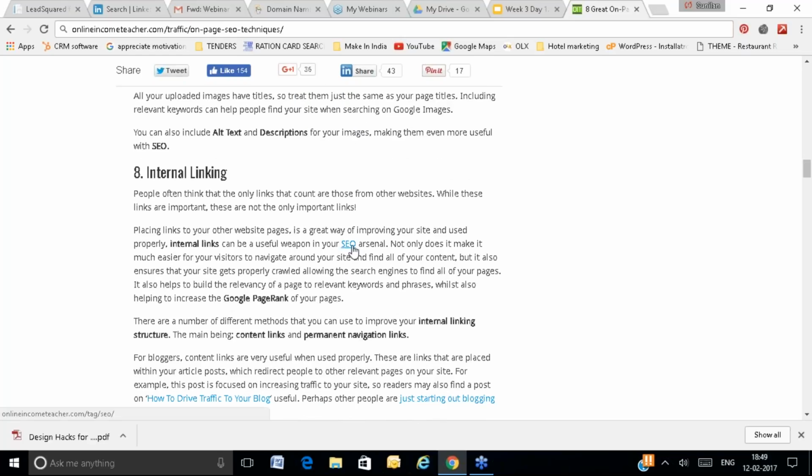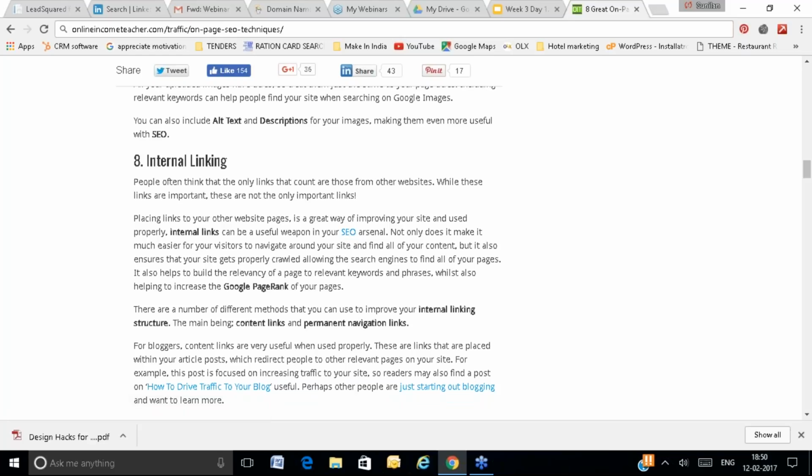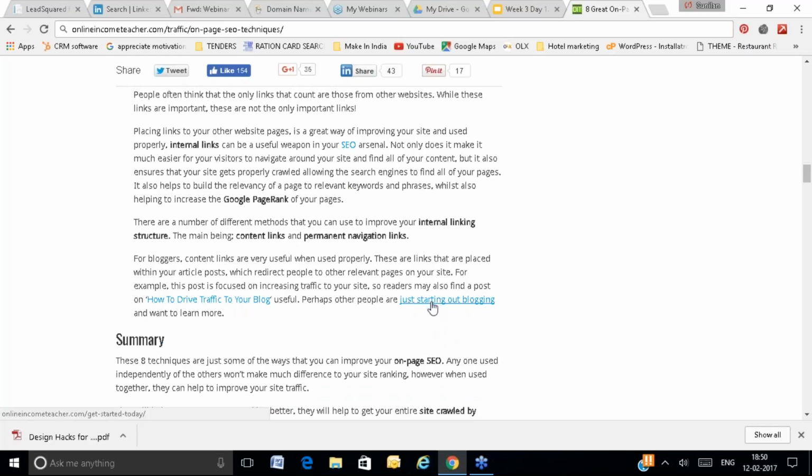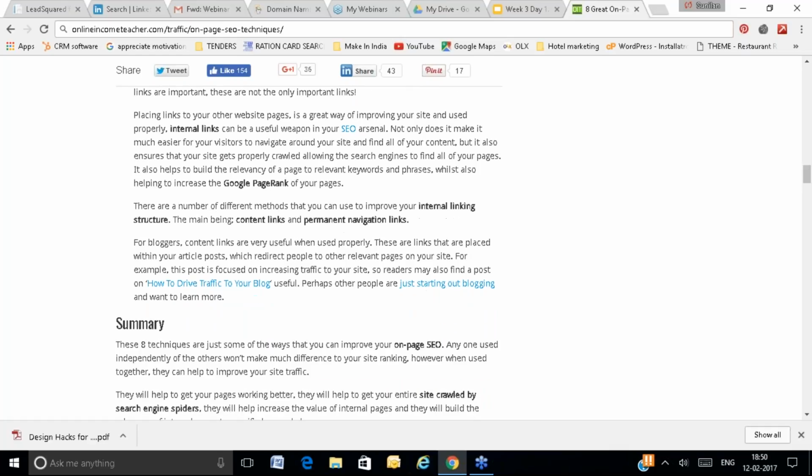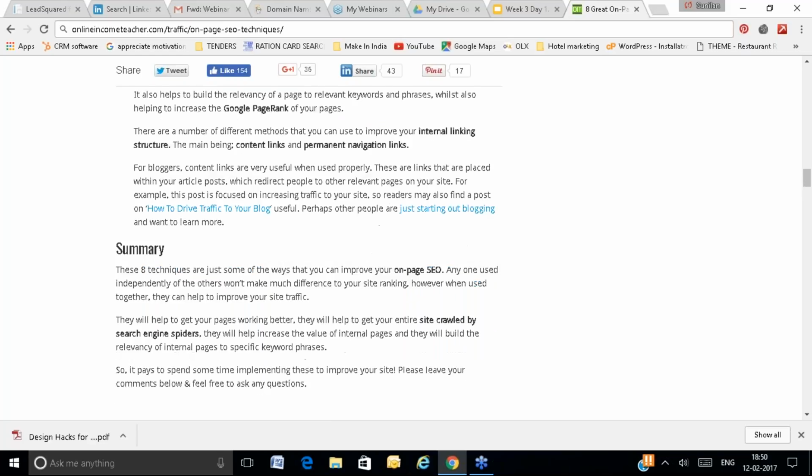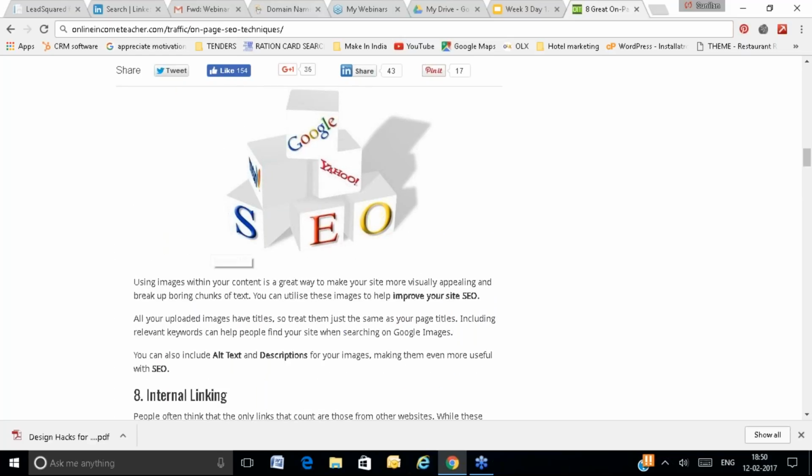And interlinking is how you link one page to another page. Say SEO is your keyword, and you link a particular page from the word SEO. This is called interlinking. You are linking to another page of the same website. So you can have 3 to 5 links from one page to another page. In summary, these are the important on-page factors, right?